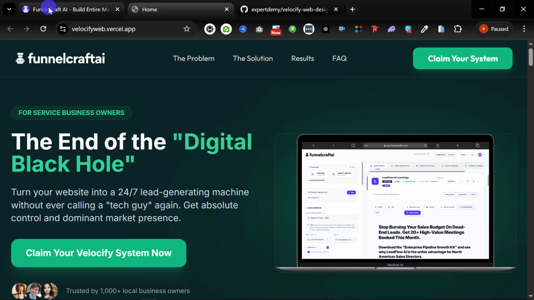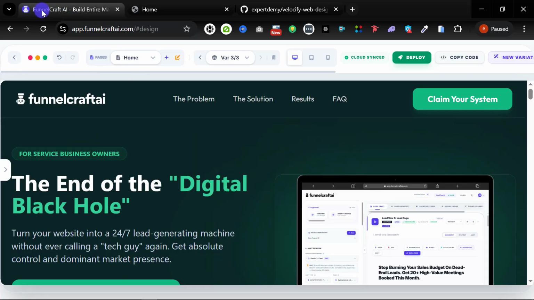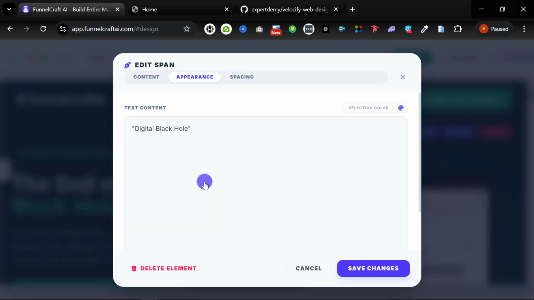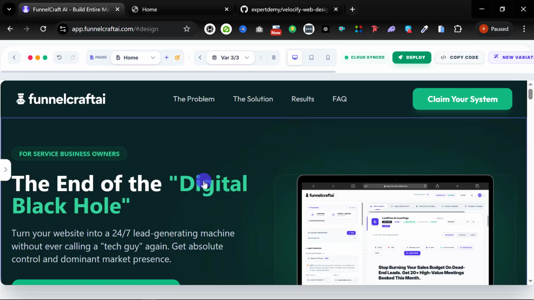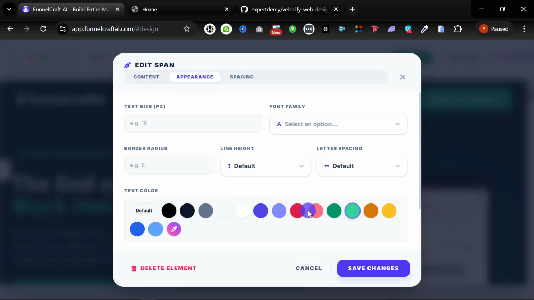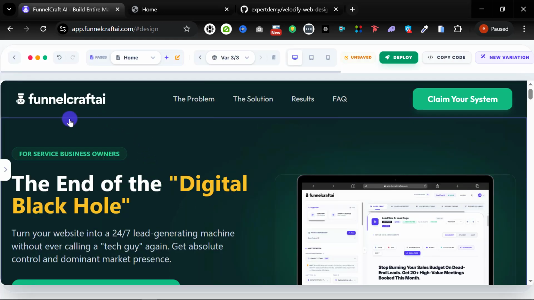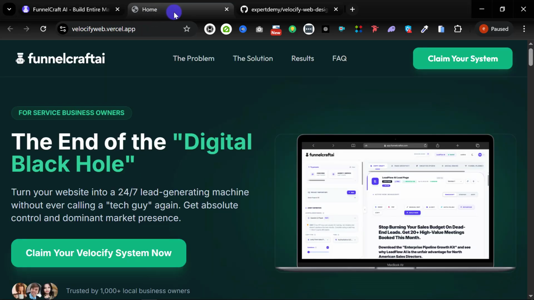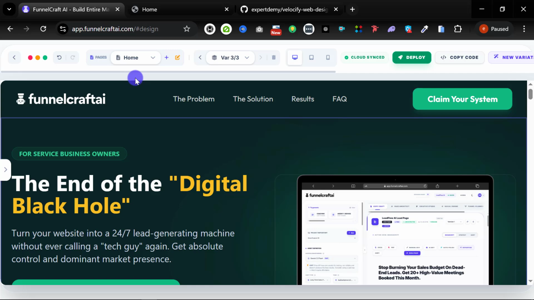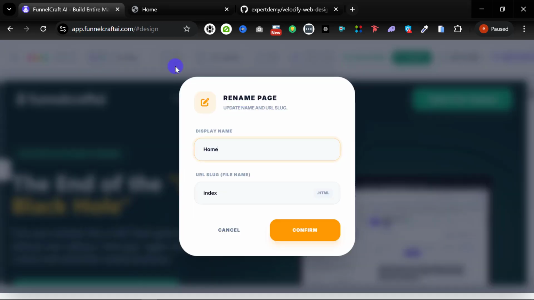Okay, so go back to FunnelCraft AI. I'll modify this one. Let's change this digital black hole to red. So appearance, let's give it, okay, let's try yellow. Okay, so yellow. Then the name, as you can see, this is just the name, home. So let's change the name. We're going to click on this rename. So we're going to call it